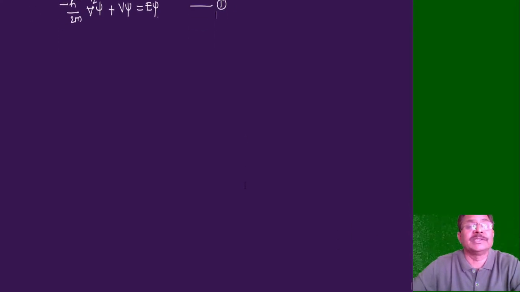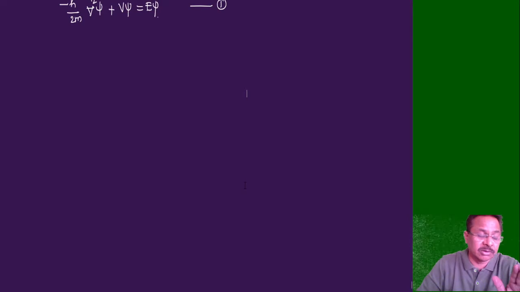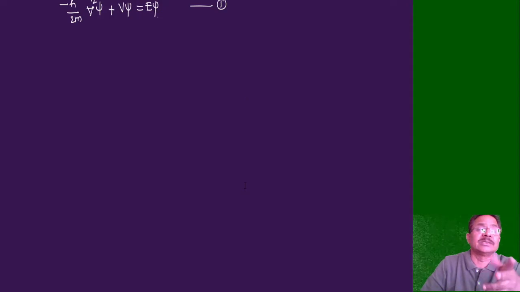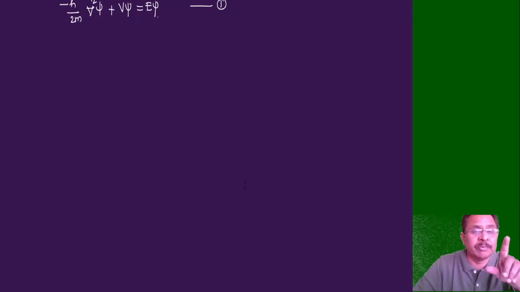Now let's express this Schrodinger equation in the spherical polar coordinate system by replacing del square, that means let's replace this Laplacian in the Cartesian. This is the Schrodinger equation written in the Cartesian coordinate system, where E is the energy, V is the potential, h cross square upon twice m is the coefficient here, and del square is the Laplacian operator. So h cross square upon twice m into del square is the momentum operator that is operated on that psi, and that gives you this equation which is called Schrodinger's time independent equation. This expression is expressed in the Cartesian coordinate system.